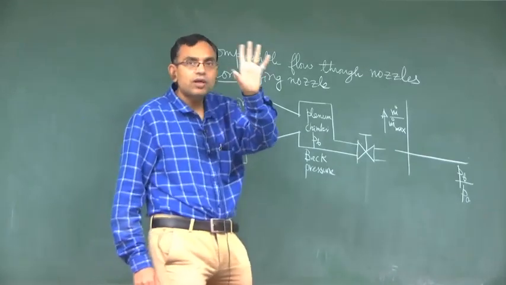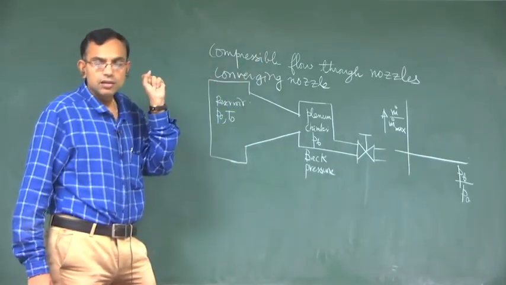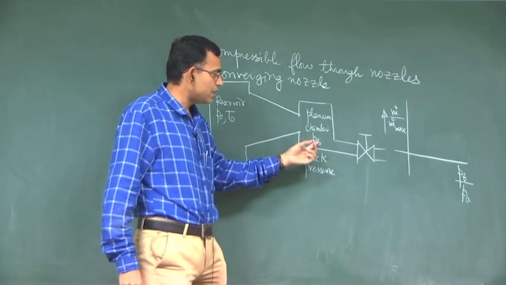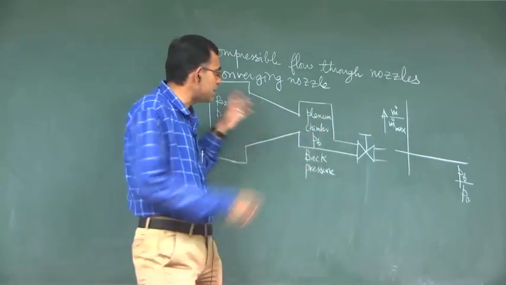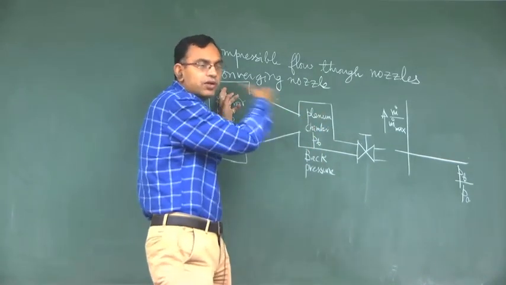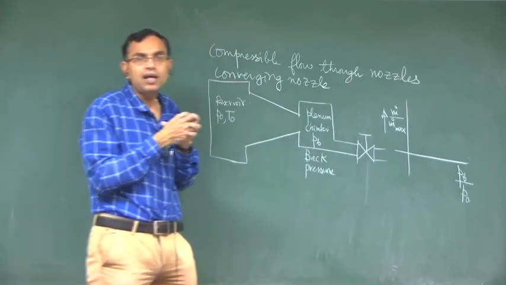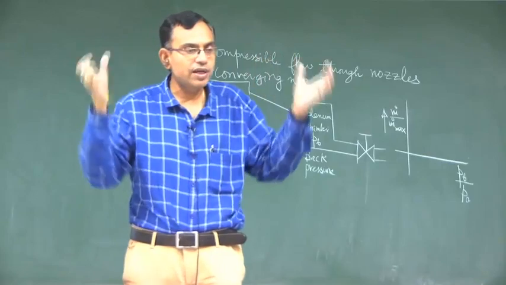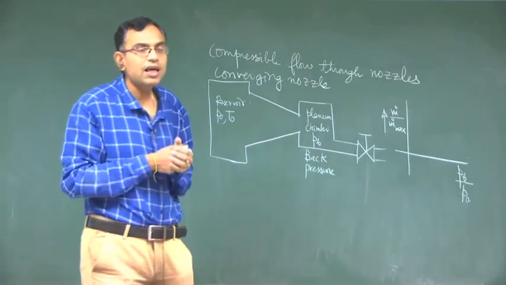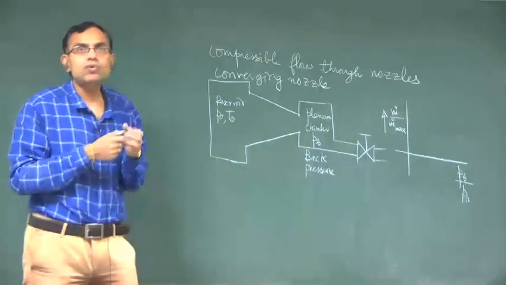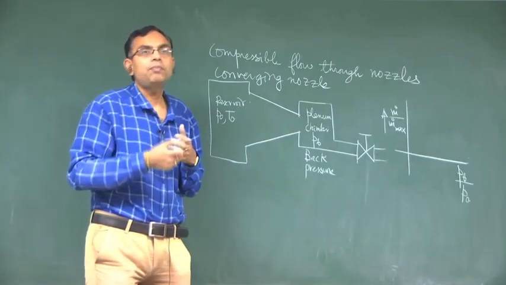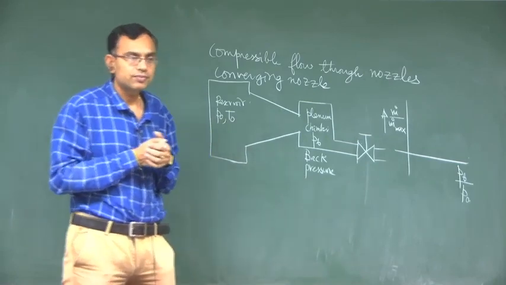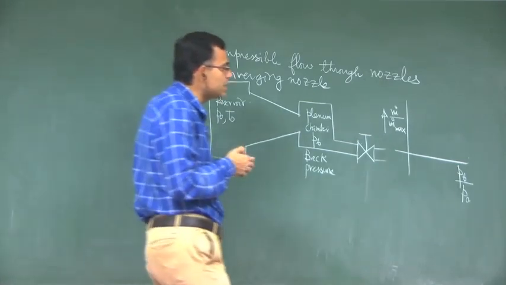So, what is your intuitive idea? The intuitive idea is that you have a pressure. Now, if you reduce this pressure, the pressure difference will be more and mass flow rate will increase, and in this way possibly the intuition is that perpetually this mass flow rate can be increased. We will see that this perpetual increase of mass flow rate will stop when a critical mass flow rate is attained, and we will understand this in a moment why.